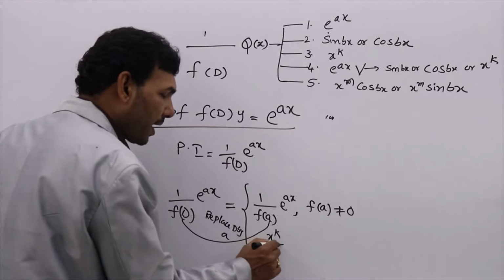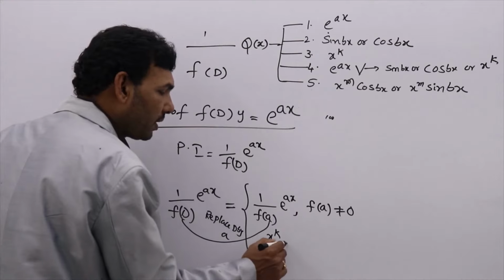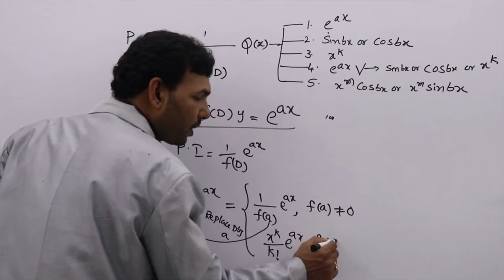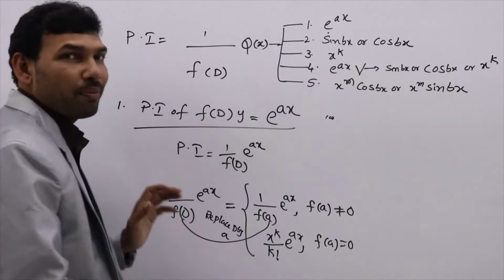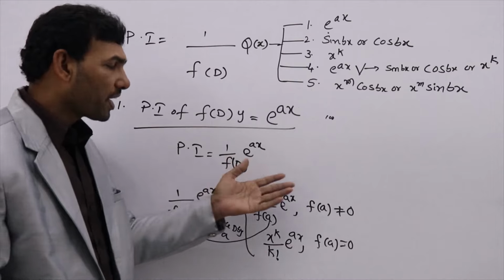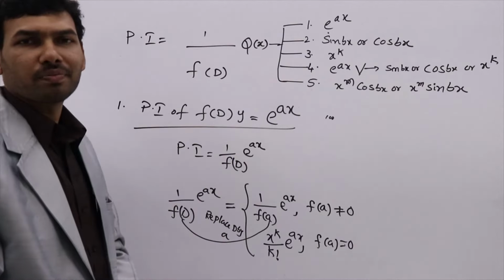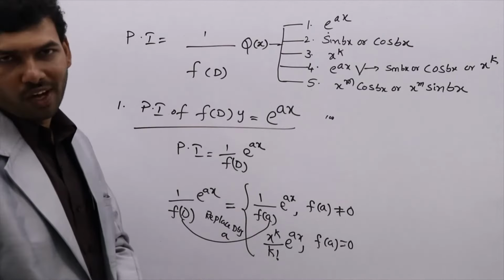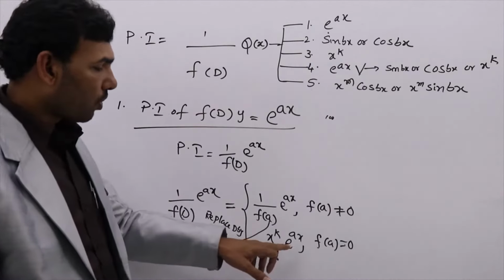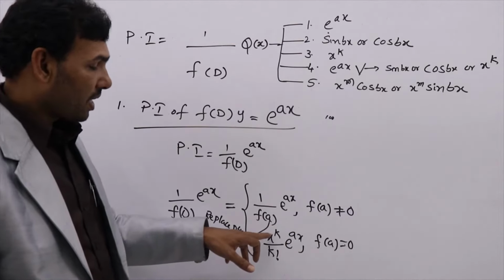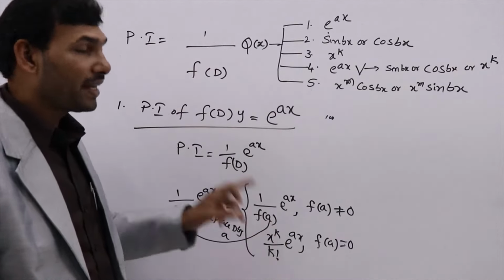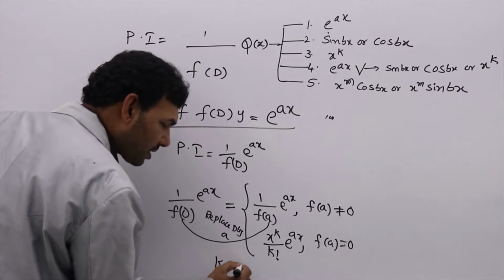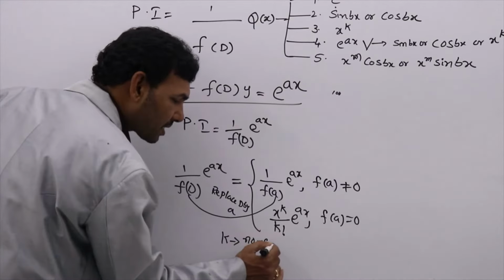x power k by k factorial into e power ax, when f of a equals 0. If you replace D by a and you don't get 0, then the problem ends. If you replace D by a and you get 0, you have to use this formula. In this formula, everything you know, e power ax is given. Here we write x, and we need k. What is k? k means the number of factors